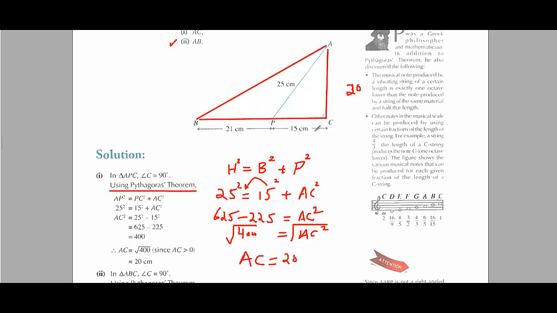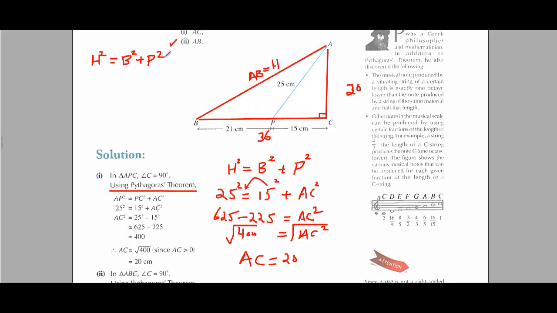And here we have a 90-degree angle, and we know this side AC here, and this big side is 21 plus 15, which is 36. This big side is 36, and we have to find this side, this AB. And girls, this AB is the hypotenuse. So we will apply Pythagoras theorem again. H square is equal to base square plus perpendicular square.